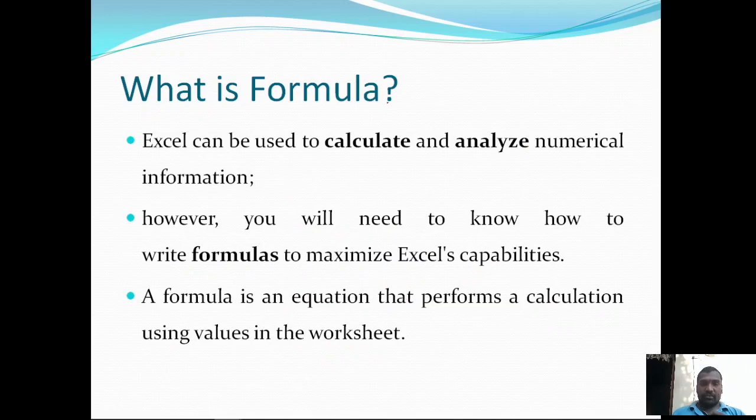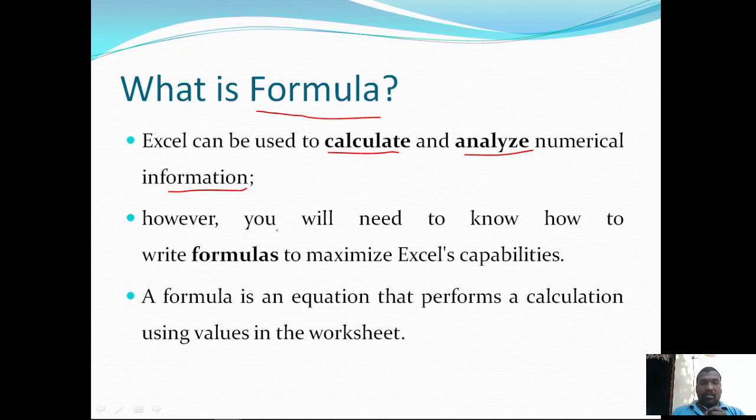So let us discuss what a formula is. Generally, we use formulas to solve specific problems. Excel can be used to calculate and analyze numerical information. We use the Excel spreadsheet application, the software, to calculate and analyze the numerical information that is available on the worksheet.